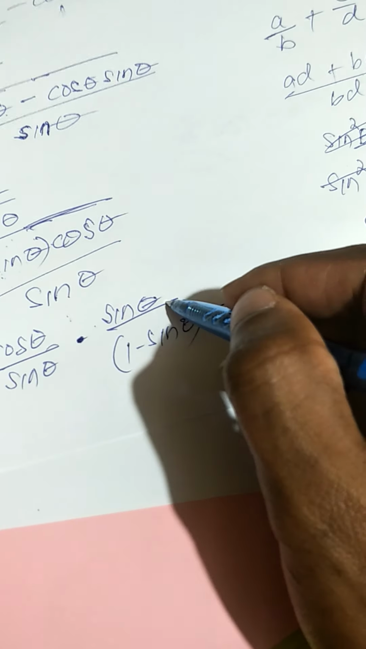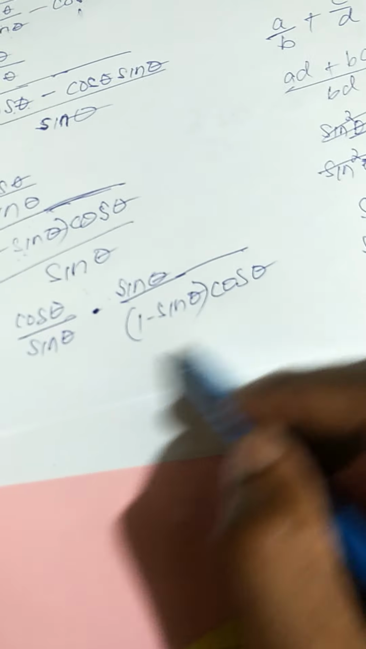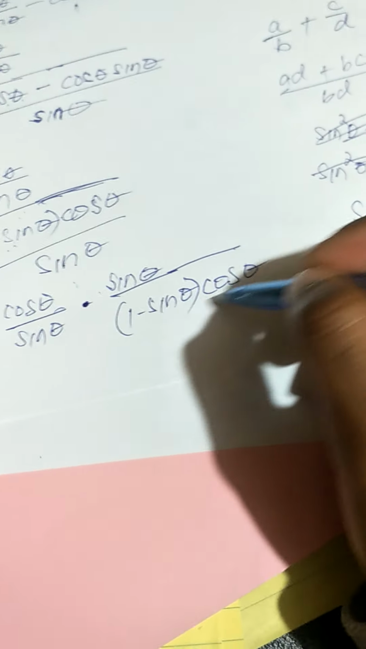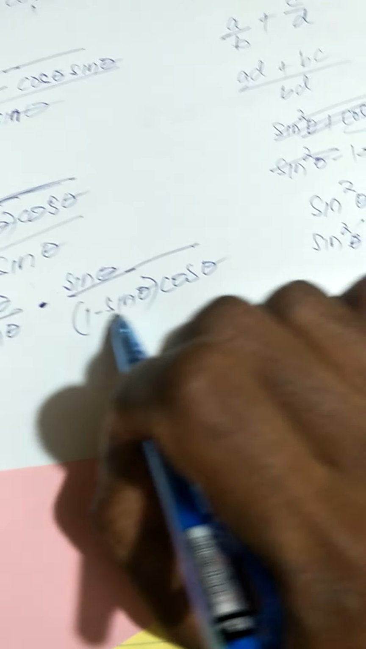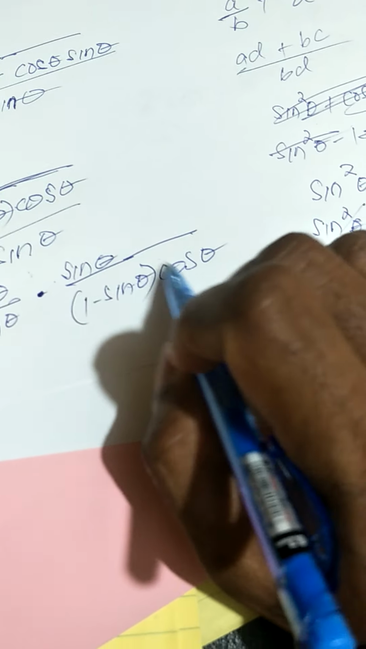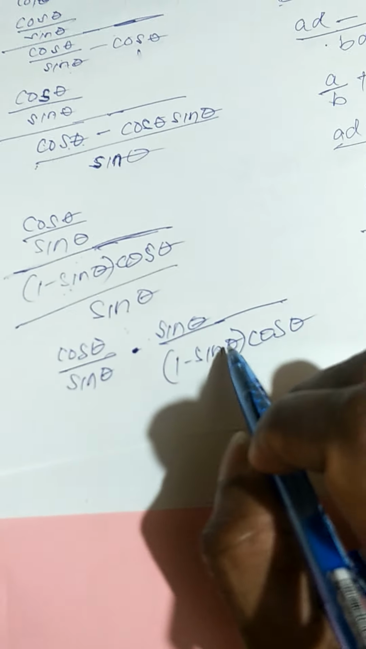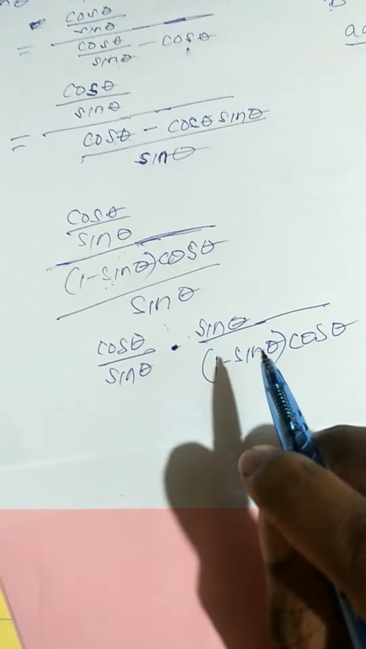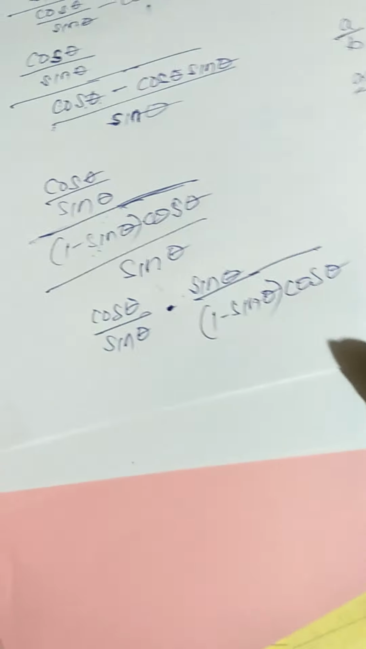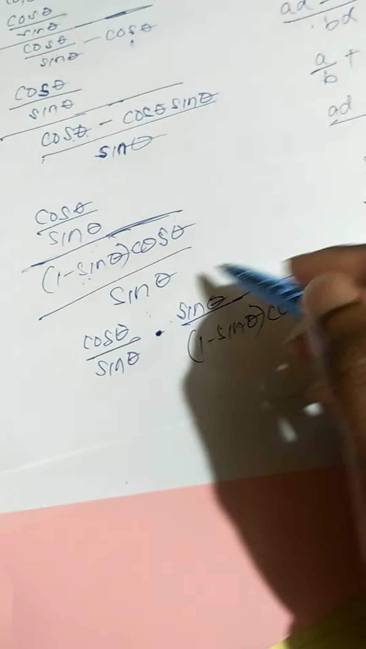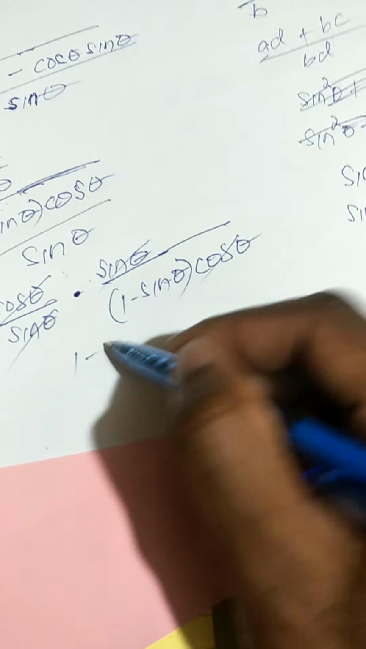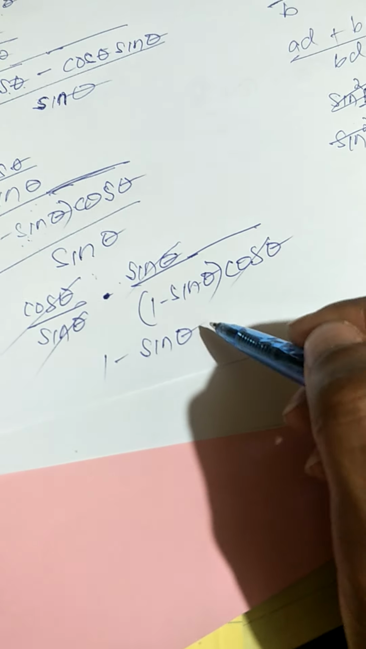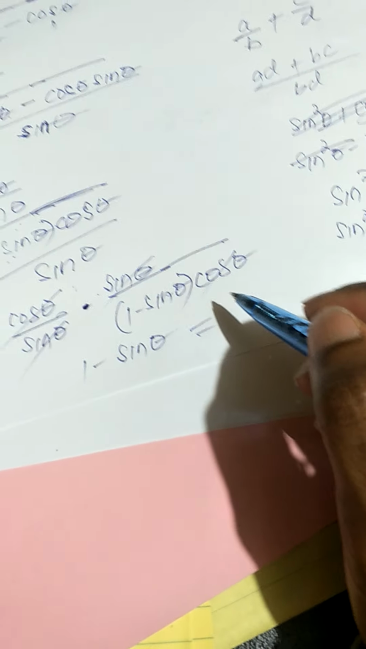Cosine theta. Why did I put it in the brackets? Because it will make sense. If you just write it as it is, it doesn't make sense. If you write 1 minus sine theta cosine theta, it doesn't make sense according to math law. So it's better to put the brackets within. So now you see I cancel cosine theta, sine theta is gone. Now I remain with 1 minus sine theta is equal to